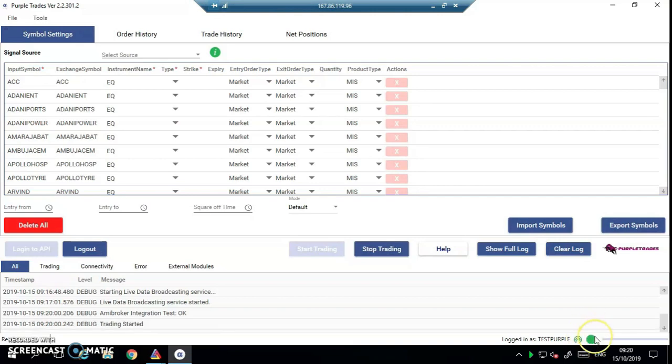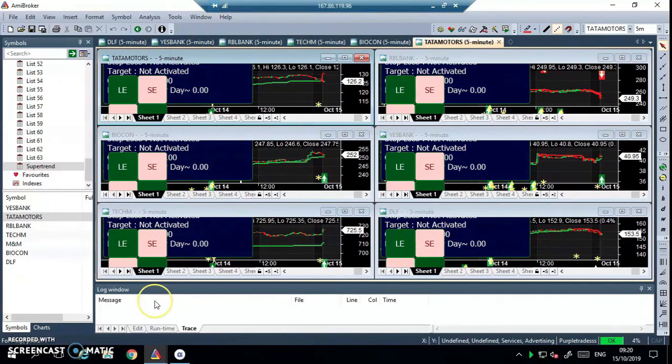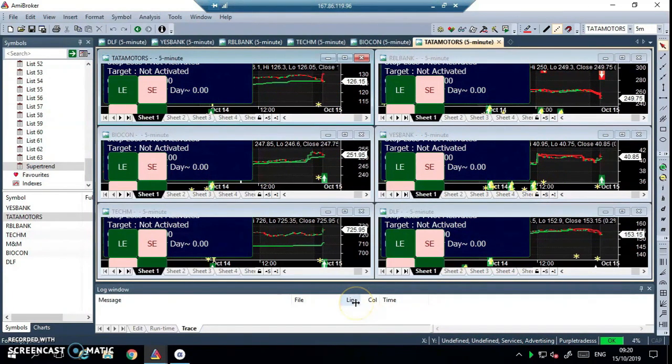Market has opened already, it's 9:20 right now, and within next 5 minutes or so I'll get my signals. The super trend is designed in such a way that after first candle, after the 1 or 2 candle completion, it would generate signals. So at around 9:25, all the 6 stocks would generate signals simultaneously in whichever direction the super trend is, irrespective of whether it has crossed or not. It will give one direction, it would trade in one direction, and as per the super trend would reverse, it would keep exiting and reversing the positions. So at 9:25 sharp, I will get all the 6 orders entered and everything will become automated.